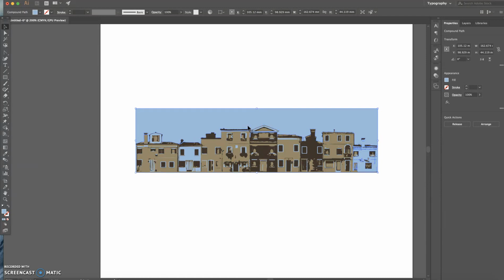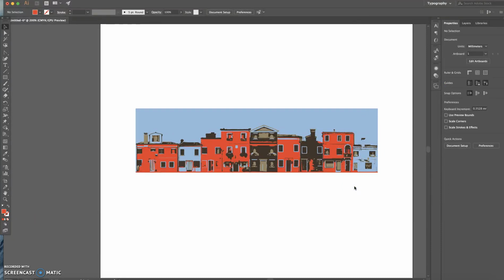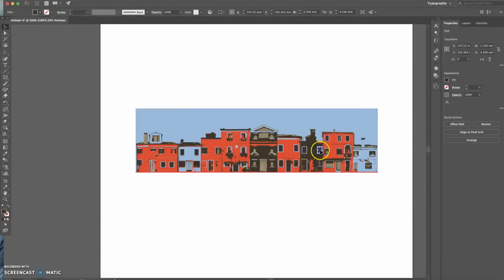So now that I've done that, I'm going to select one area I want to enhance more. So I've selected kind of the front of some of the houses. I'm going to go across the fill and just pick a colour, like so, click off. And you can see it's just filled a certain area, a certain kind of block. You know, that would work the same for just one window, for example. If I wanted to make that blue,